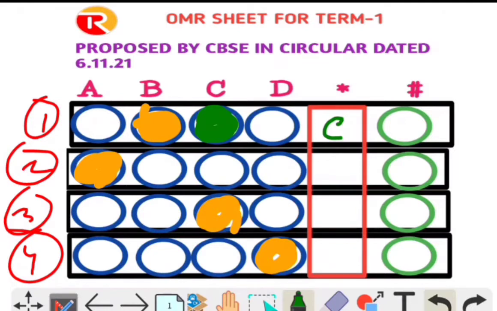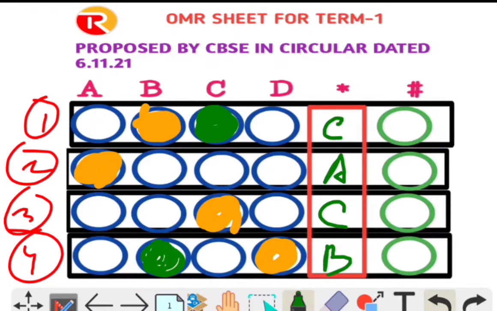So now in question number 2 you are thinking that A is the final answer only, so in the star option you will fill up A. Then in question number 3 you have filled the option C and you are thinking that the answer is C only, so you will fill up the answer C. But in question number 4 you are thinking that the answer is not D, the answer is B. So you will fill up option number B, and in the final answer option, in the star box, you will fill B. So you will first fill up option B, and then in the star box you will mark option B.